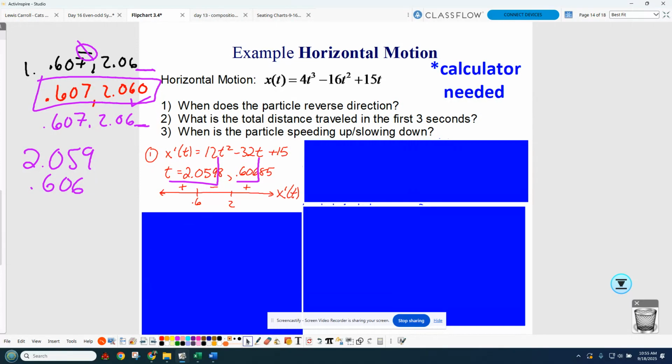So, number line test. Name your number line. What are you testing? I'm testing my velocity, my change in position. I abbreviated them. I did just put a single decimal here because I was too dirty with all the extra numbers. But testing at 0.1, putting that in here, I got a positive. This is a calculator question. You could have also just looked at the graph and saw that